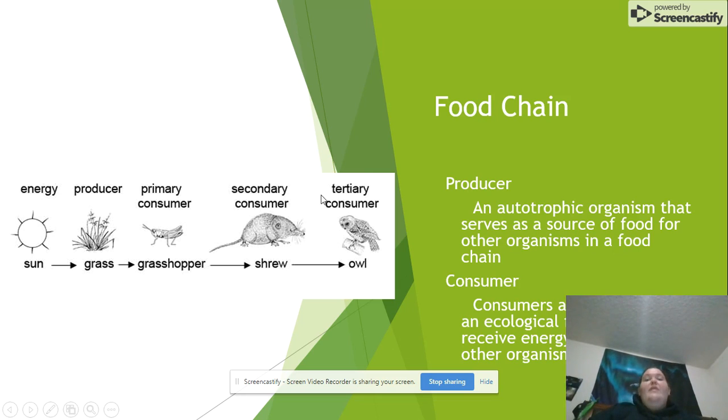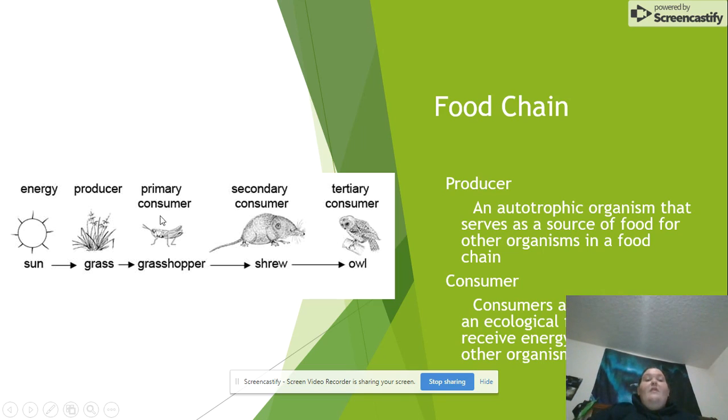So it's going to go all the way down through the tertiary consumer in order to allow the tertiary consumer to get the energy it needs. Unfortunately, the tertiary consumer is not going to get all of the energy that came from the sun originally. It's only going to get a fraction. The amount is a 10% rule. So the producer